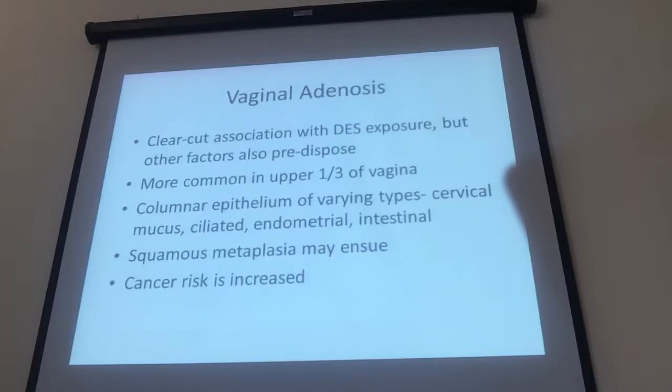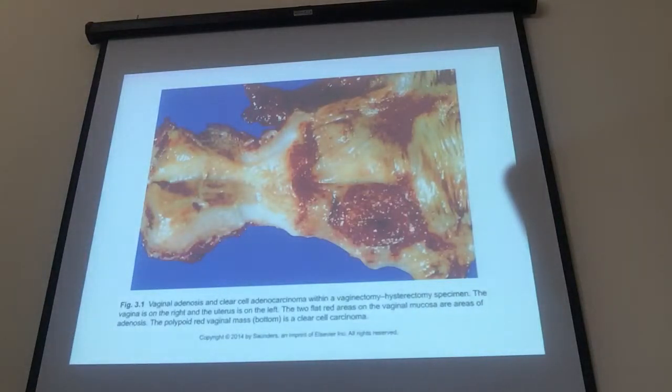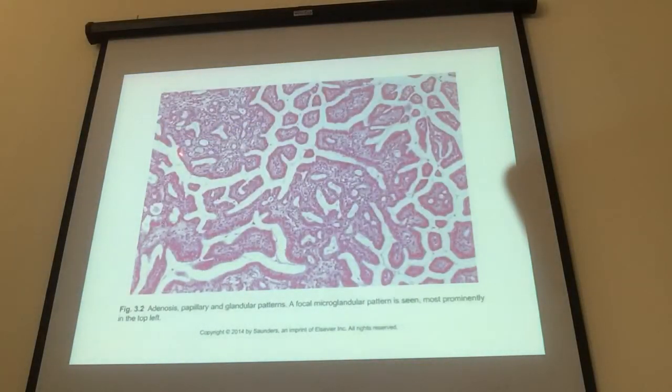Have you seen any of these? It's quite uncommon now, but when you see it, it can be very concerning for well-differentiated cancer. This is what it can look like if it's a very full-blown example, this granular reddish tinge to the mucosa that reflects glandular rather than squamous type of mucosa, although most of it tends to be beneath the squamous mucosa. We can have very complex glandular appearance, but all fairly low grade,